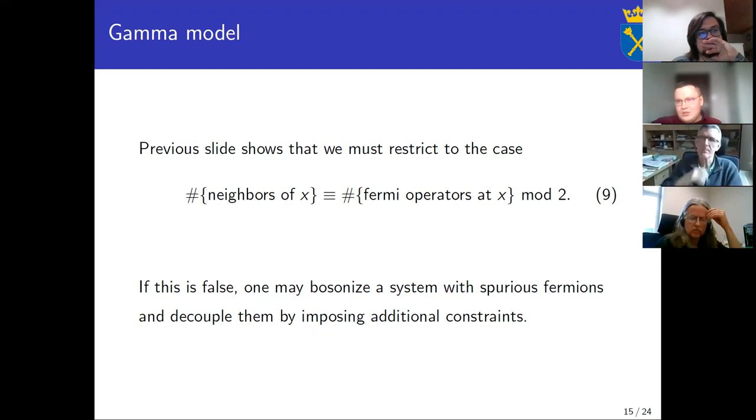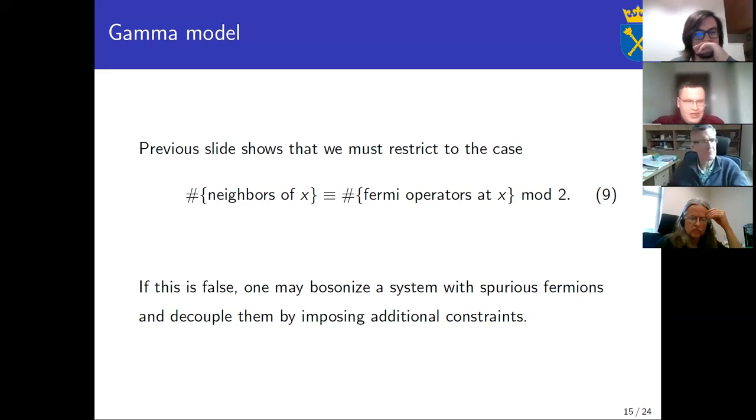So there is no simple correspondence between the number of operators at the lattice side and the number of degrees of freedom, understood as, I don't know, the number of poles in some propagator in the continuum limit. So this is a delicate matter. Okay. But if you think strictly about lattice systems, then this relation is some restriction on the class of systems that can be bosonized.